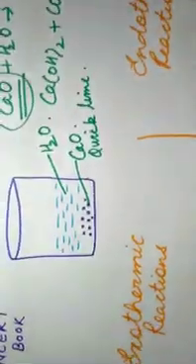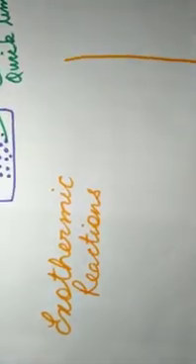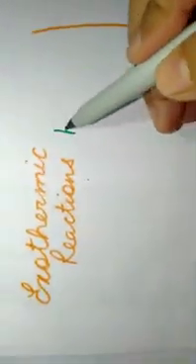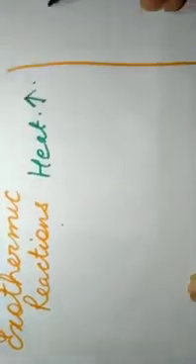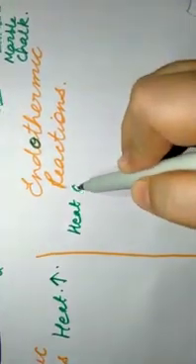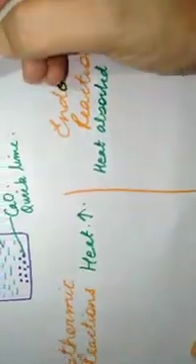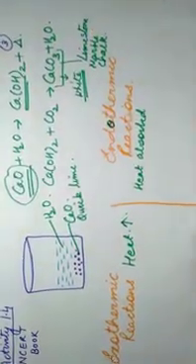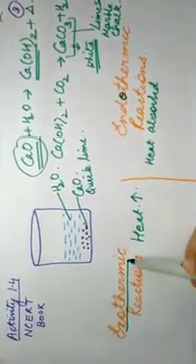Now let us understand that there are some reactions which are exothermic and endothermic. These are not the main types of reactions, but there may be some reactions in which heat is evolved. In exothermic reactions, heat is evolved, and in endothermic reactions, heat is absorbed. This is the basic difference between them. The reaction we did just now, calcium oxide with water, is an exothermic reaction. Heat is evolved during this reaction, so we call it an exothermic reaction.